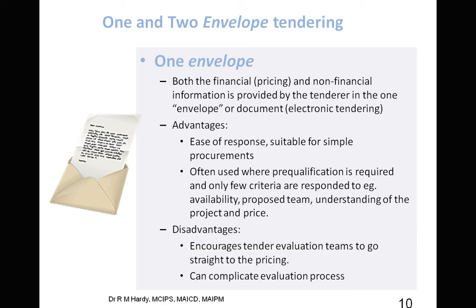The disadvantage of the one envelope system is that essentially assessment teams will go straight to the price, and that can sometimes cloud the decision making process. So for architects, it's the architect's duty to look at these things in an overall way to be able to best advise their client. But if you've got a client where it's not their own money and all they're really concerned about is reporting to upstairs that they've got the cheapest price, then the one envelope system is not a very good system because it's all dependent on price and not on all the other things that one has to